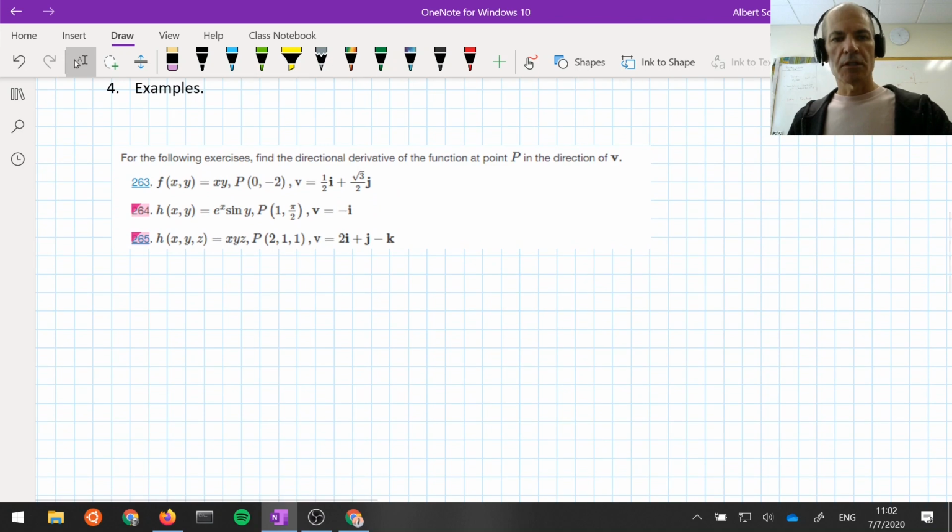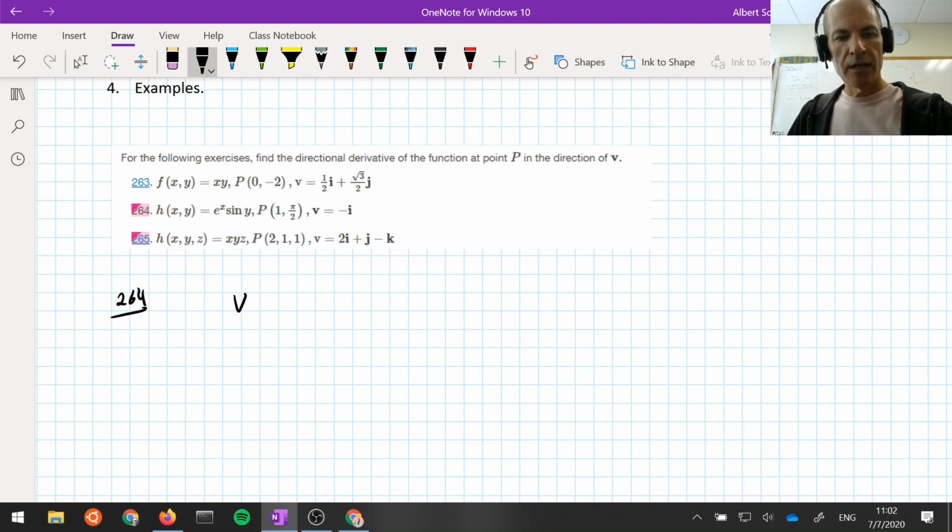So in problem 264, we're given e to the x sine y, and we're given a point, 1 and pi over 2, and a direction, -i. If we want to compute the directional derivative, the first thing we need to do is compute the gradient. So in 264,